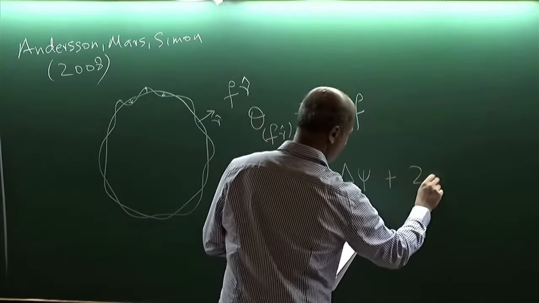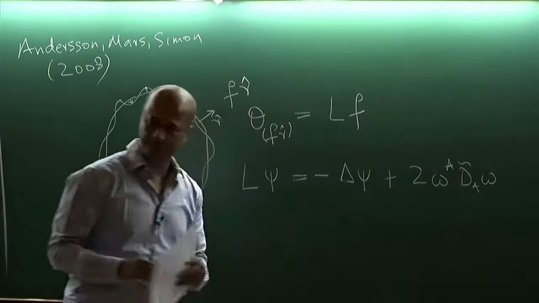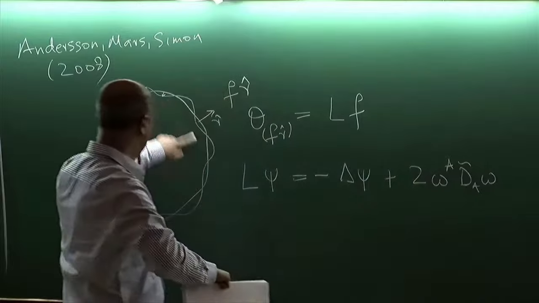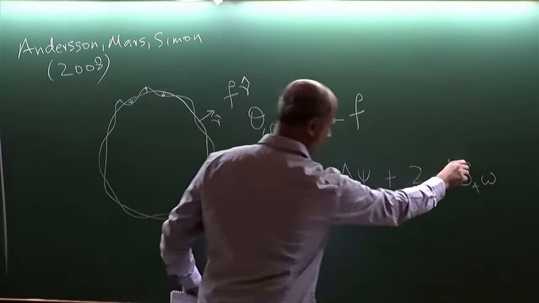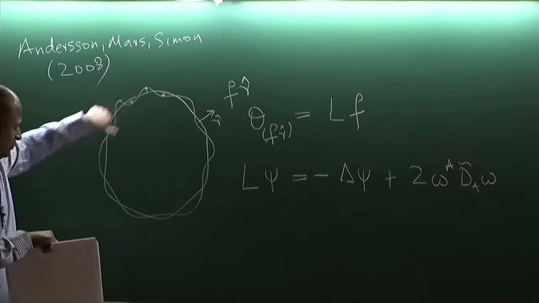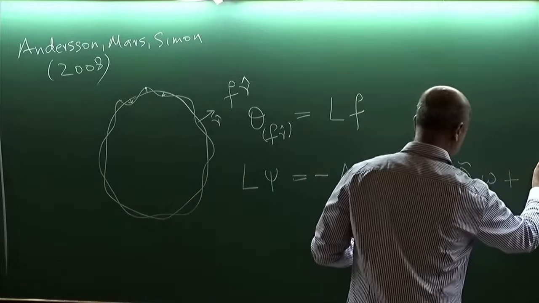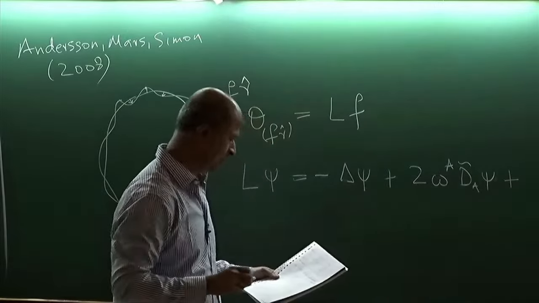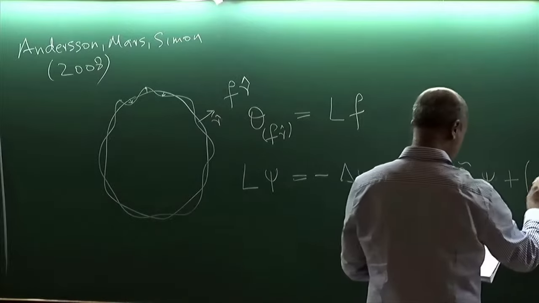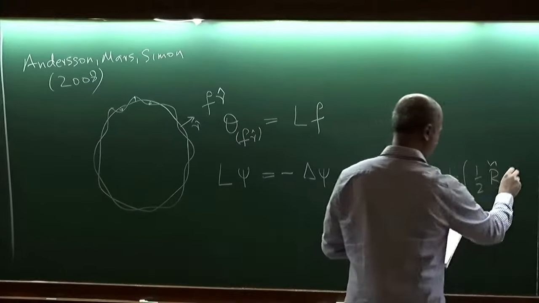Plus there is a term here, I'll explain what this operator is. This omega is some vector defined on this sphere, and this is connected to the angular momentum of this horizon. And this d tilde is the derivative operator, the connection on this two-sphere. Okay. Then I have the other terms. Sorry, d of psi. Then I have the terms linear in psi, and that is 1/2 of the scalar curvature on this sphere, plus